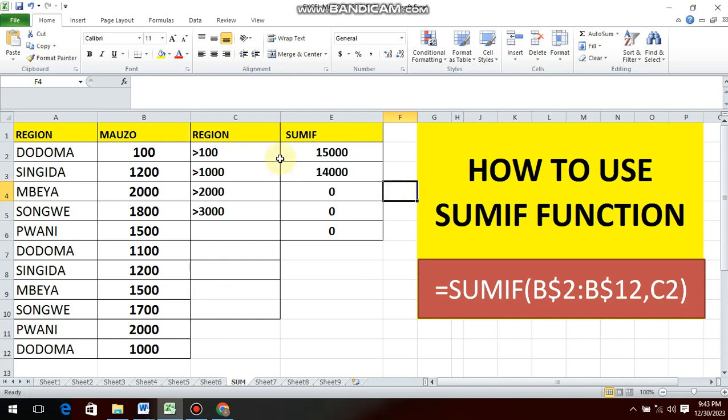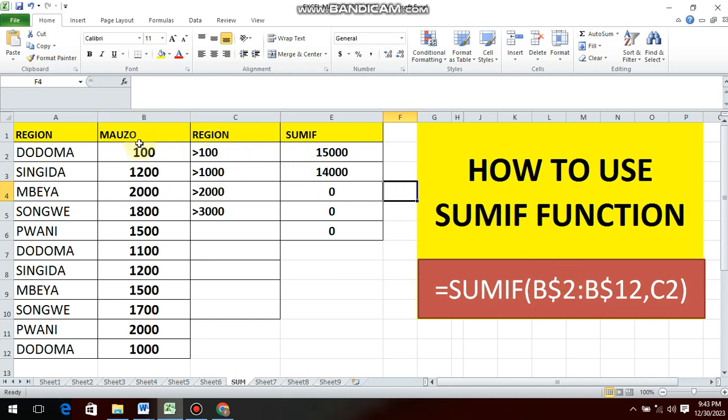In this tutorial, we will learn how to master the SUMIF function in Excel. We will cover the basic syntax of the function as well as advanced tips and tricks for using it effectively in various scenarios. Whether you are a beginner or an experienced Excel user, this video will help you improve your data analysis skills and make the most of the SUMIF function. Today I'm going to teach you how to use the SUMIF function